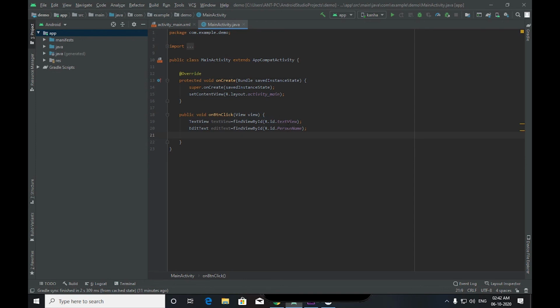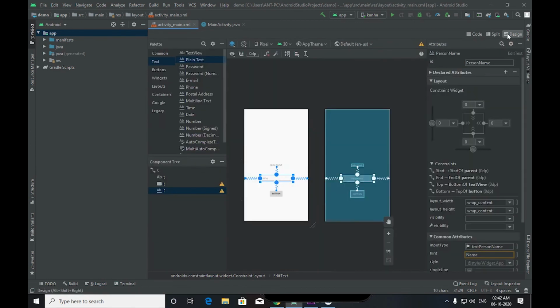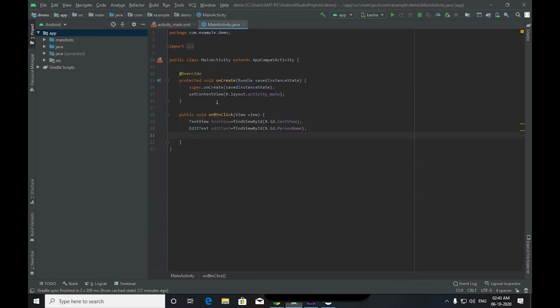So this application is very simple. We just need to set our text view. We need to get the value from the edit text and set it on the text view. After we change the text view, how will it look? It is for us to decide.